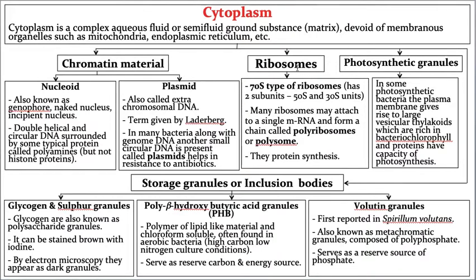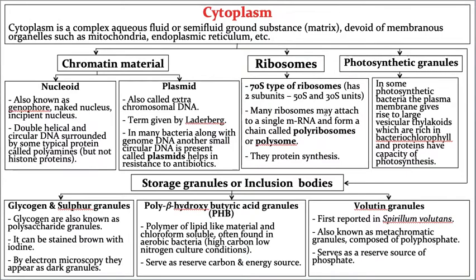In the prokaryotes, 70S type of ribosomes. Hope you know. In eukaryotes, you can see 80S type of ribosomes. Ribosomes are again of many types. Prokaryotic cells consist of 70S ribosomes, and eukaryotes consist of 80S ribosomes. The 70S ribosomes are made up of two subunits: the large subunit called 50S, and the small subunit called 30S.